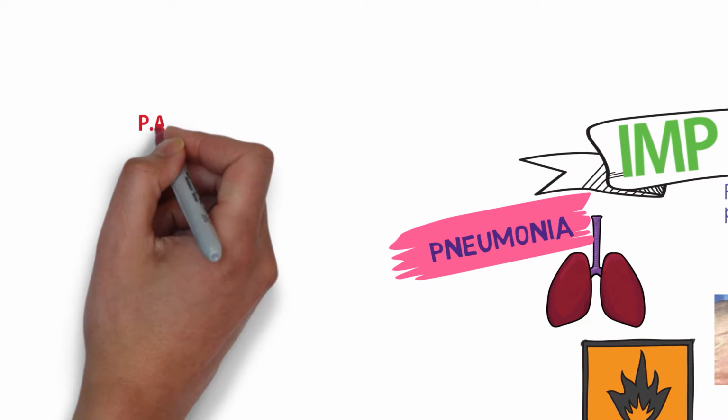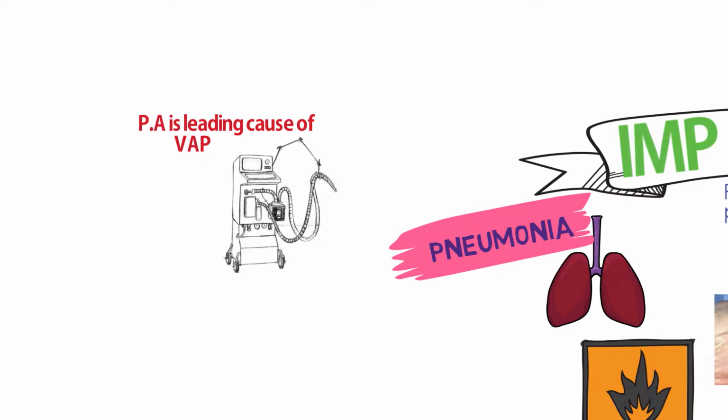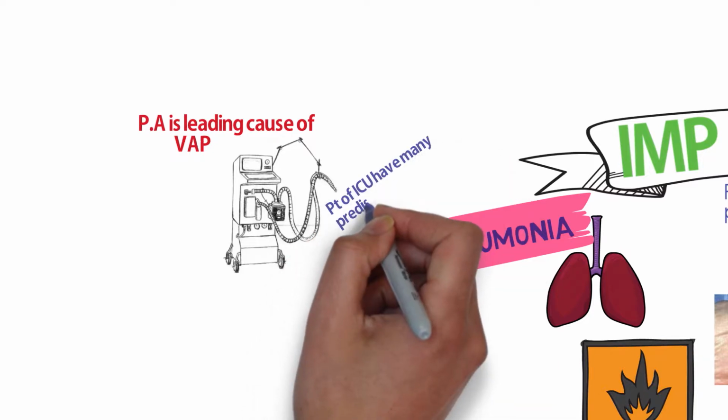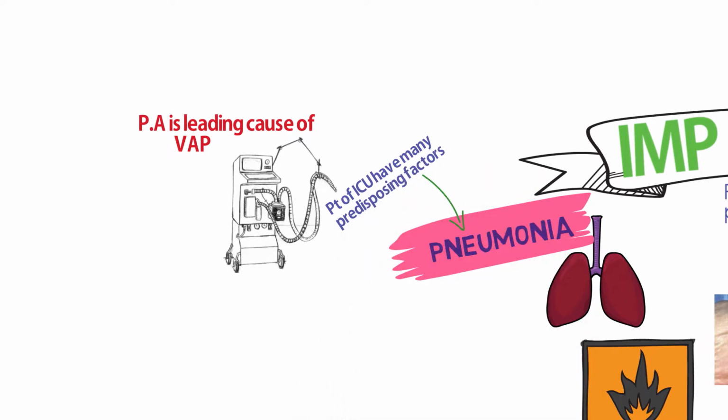Pneumonia. The leading cause of ventilator associated pneumonia is Pseudomonas aeruginosa. Patients in a critical care unit are immunocompromised. That means that they may be neutropenic patients, they may have hypogammaglobulinemia, patients with cystic fibrosis, and these patients have predisposing factors, and these patients are good candidates for pneumonia caused